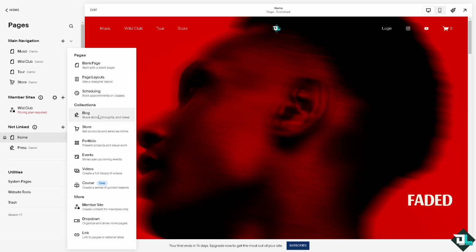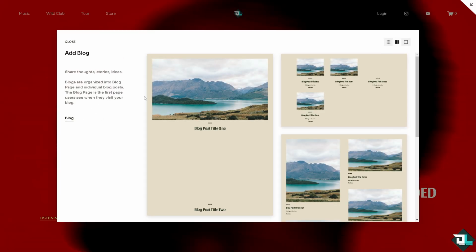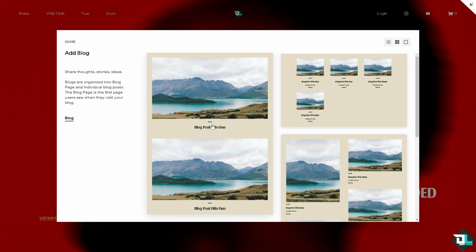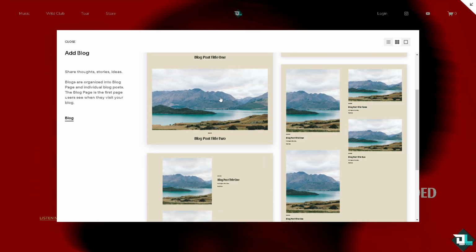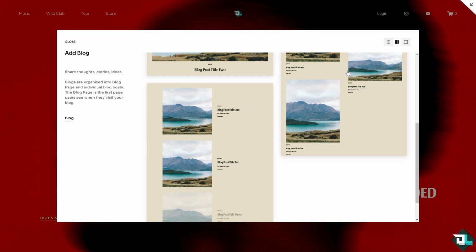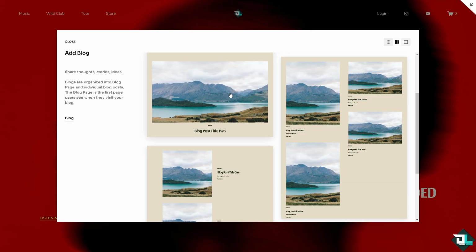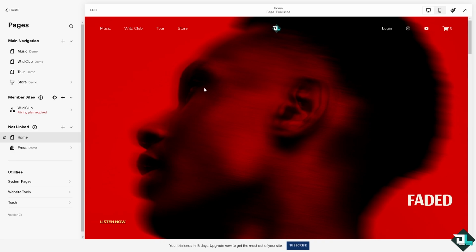But for now, I'm going to put in a blog right here, wherein this is going to be the options for your blog. All right, you can start adding posts by clicking add post to your blog section. You can also add an online store if you want. And for example, I'm going to put in this blog section here. I'm going to click on this,